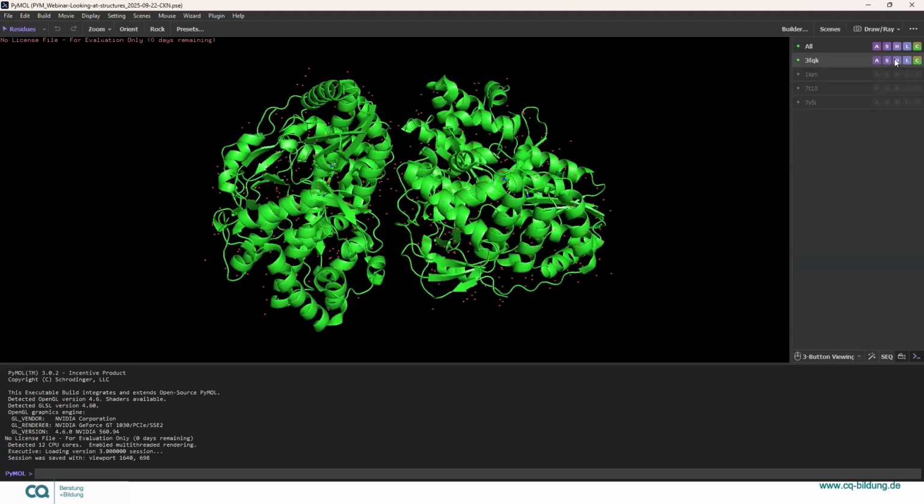Under L is the label menu, allowing users to add labels to their structure, for example, to highlight specific amino acids. The last menu, under C, is the color menu, allowing users to switch between different coloring schemes depending on